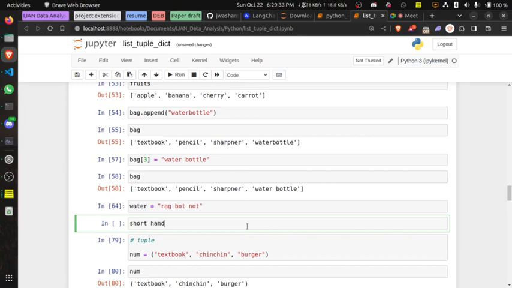I can't do this because it's going to be seen as a disjointed thing. But because I want to name my variable like this, I can actually do it like this: shorthand, and join it together. But you might not easily read it, right? But if I do it like this, you see it as, oh, this is easily seen as short and hand, right? So that's why we actually try to use underscore a lot.